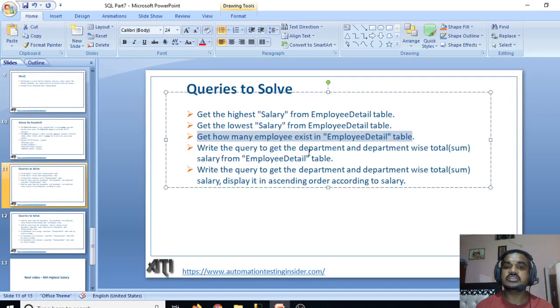Write the query to get the department and department wise total sum salary from employee detail table. So we need to get the department and department wise total salary, the sum of salary. So how do you write? Here we are going to use group by.